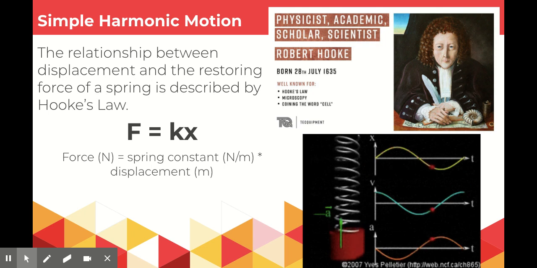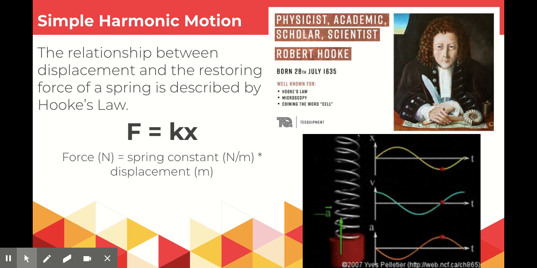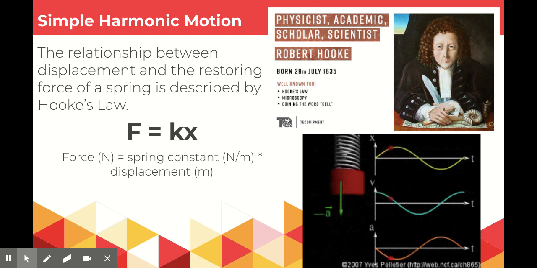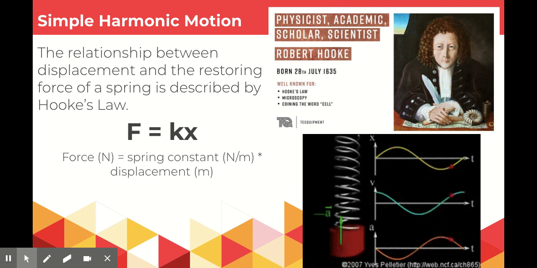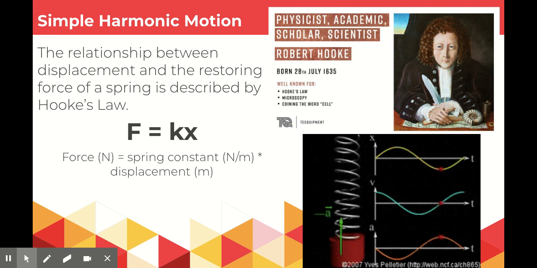So again, this was Robert Hooke. He was the one that came up with Hooke's law. He also is widely known in biology. That might be where you recognize his name from. He was the first person to ever come up with the word cell to describe the cells in living organisms. He was the first guy that took a slice of cork and looked at it under a microscope and called that a cell. So anyway, he was widely known in many different areas, but he came up with Hooke's law also,